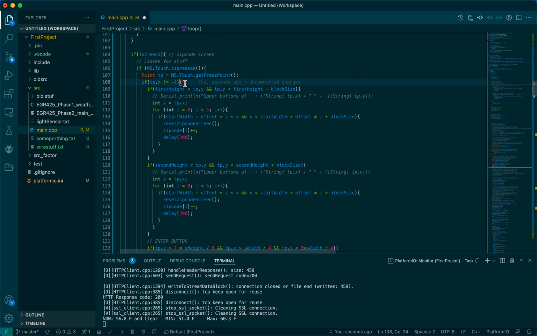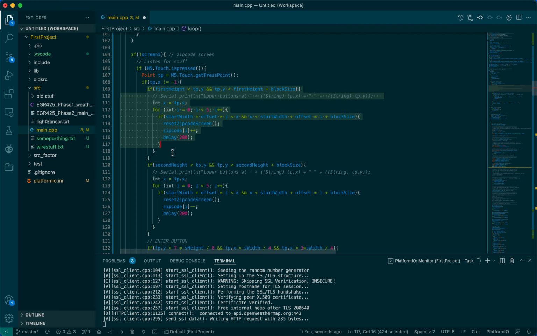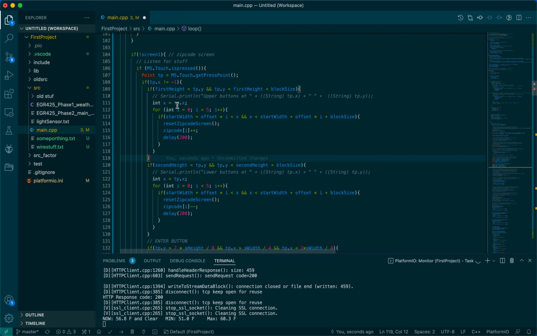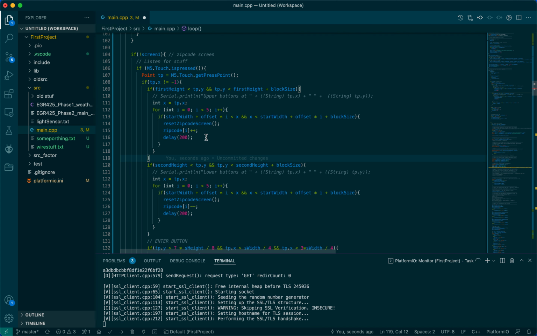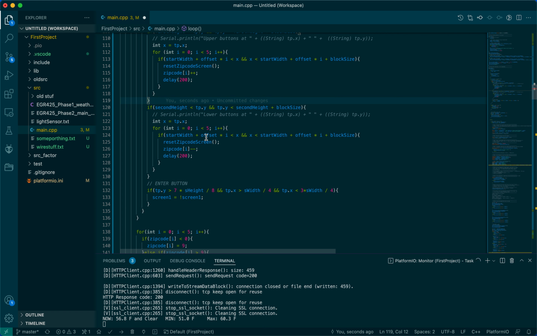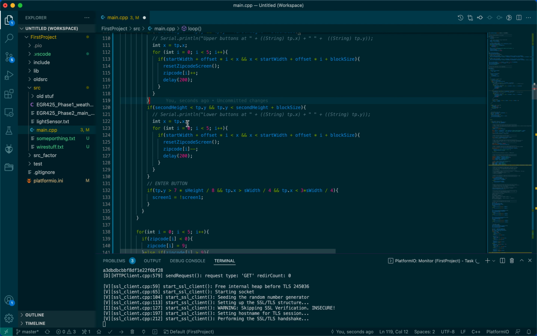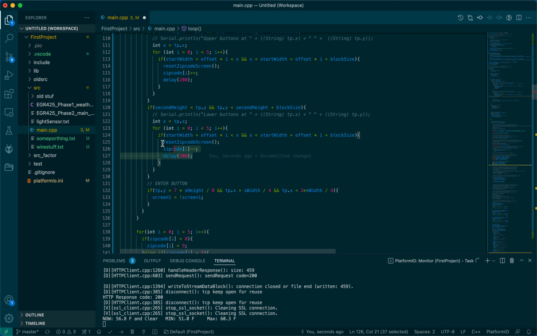And then it'll go through. By the way, this is just a little debug line that helps us know whether or not the touch method got a weird value. What this is going to do is say, okay, if this is in the upper row of data, then we're going to get the X value and increment the corresponding zip code digit. Again, down here, this is going to do the exact opposite. If it's one of the lower buttons, then we're going to get the corresponding X value coordinate and decrement that